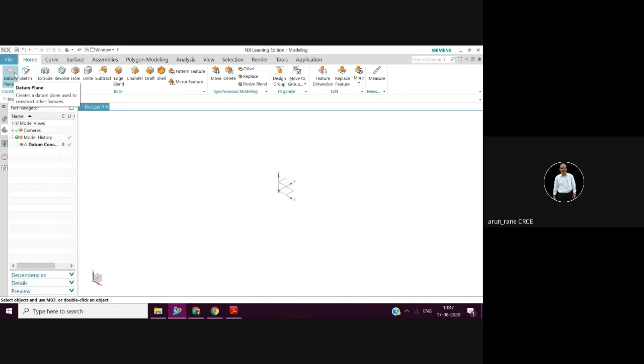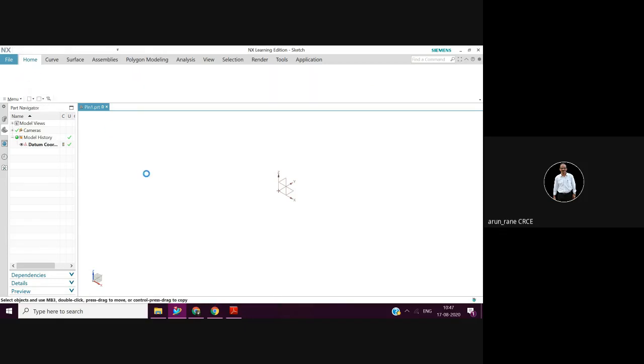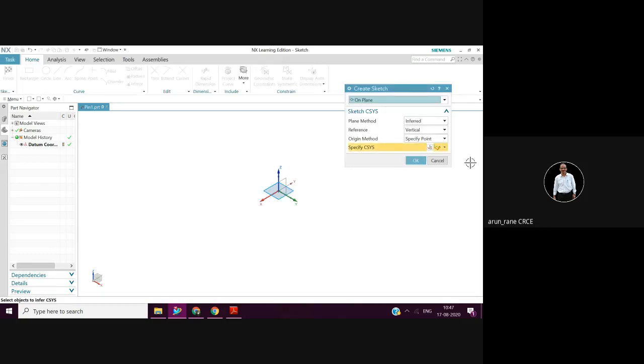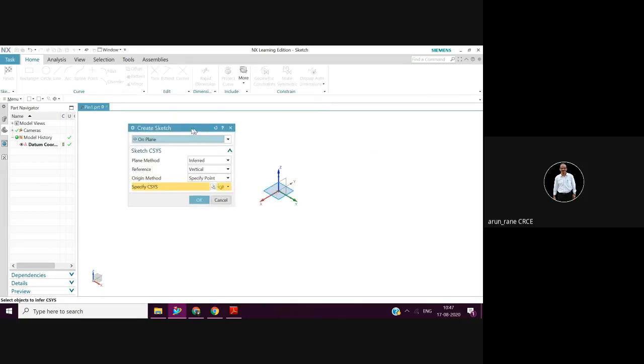Okay, so I clicked at the modeling. Now I'll click at the sketch. If you want, you can write down the steps. It's loading. You can drag this here.